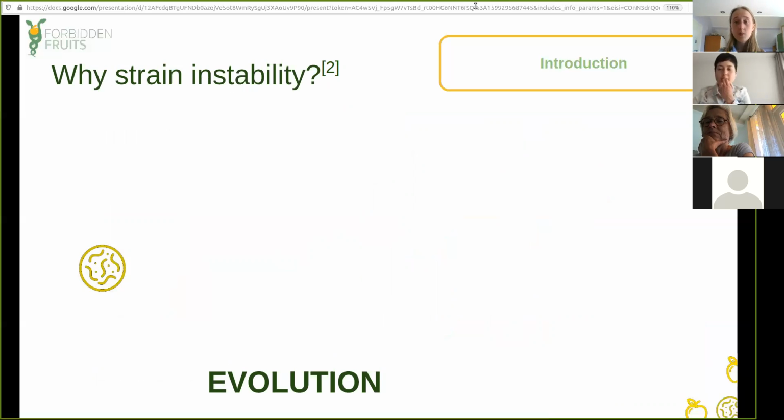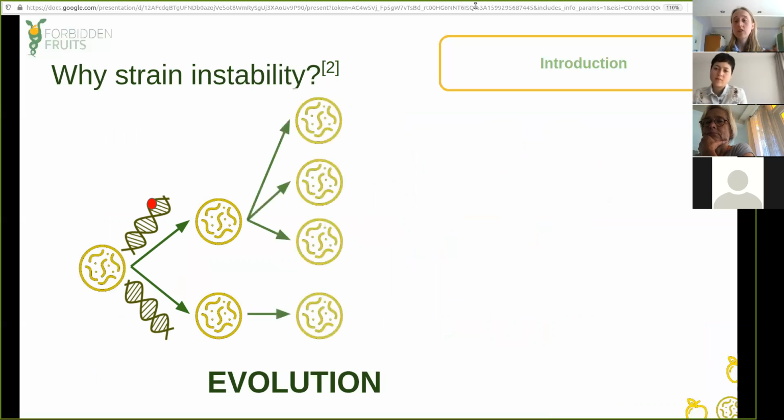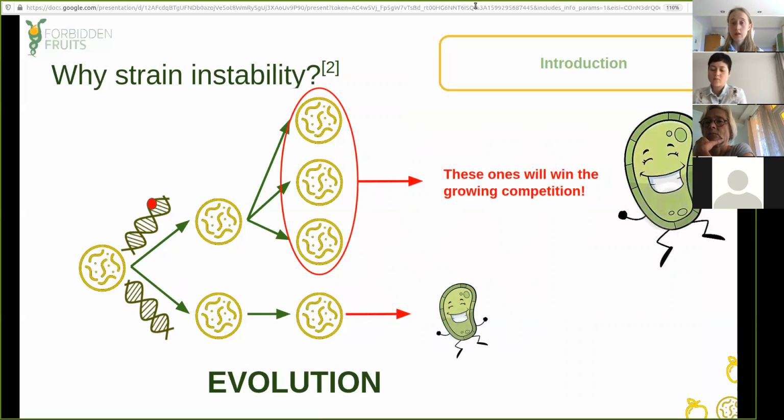But first I want to explain a bit more about how this happens. How does this process occur? Well, when we have a microbe growing, there are always some slight modifications in the microbial chromosome, in the DNA, so in its genetic material. And some of these changes may increase growth and decrease production. So due to evolution, the faster growing strain will eventually outcompete the other. So it will overgrow the producing microbes. So they will be really happy while the others will be just normal happy. And more happy is more better.